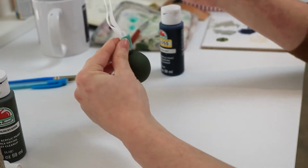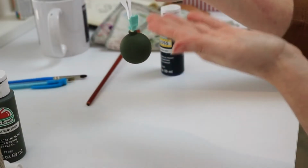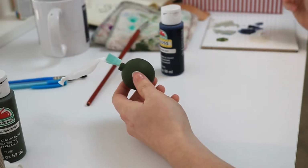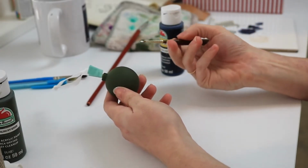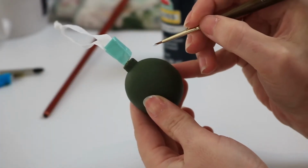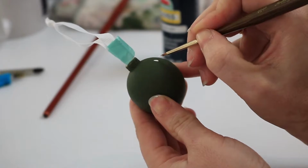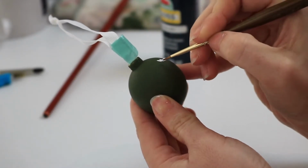And since when it's hanging on the tree it's going to be viewed like this, I'm going to keep that in mind when painting. But again, completely up to you on what you want. So just a little bit of paint, and all you're going to do is one little dot, and another right here,